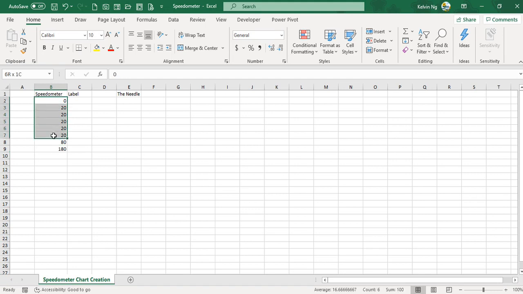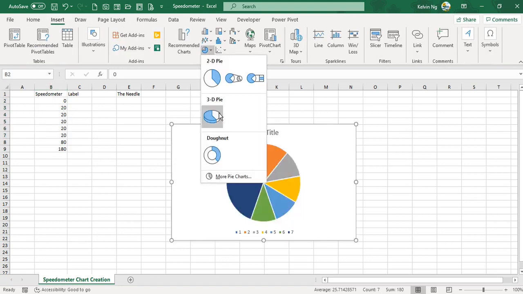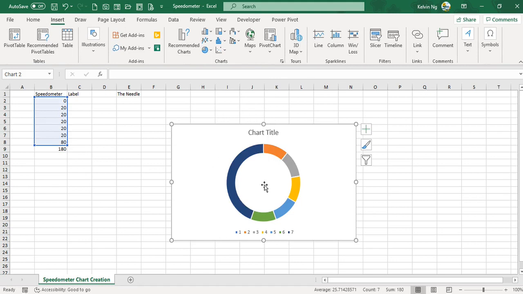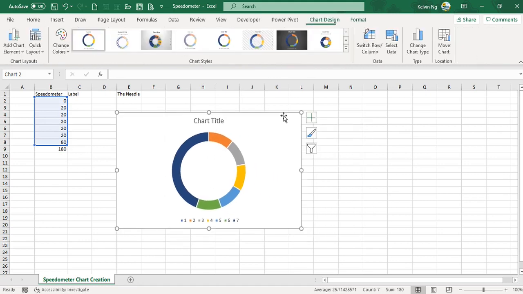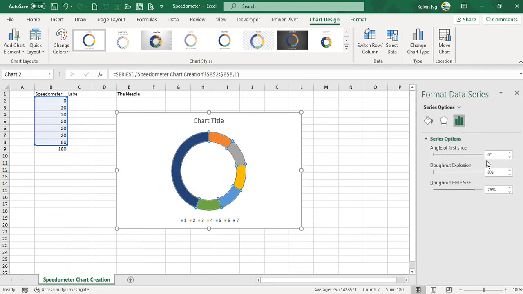So I'm going to highlight all this up to the 80, insert the chart, then I'll use the donut chart. So you notice that there is a gap here and so on. Now what is going to happen here is that I'm going to rotate this: right click, format data series, and